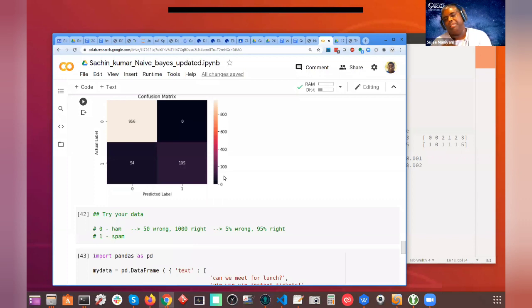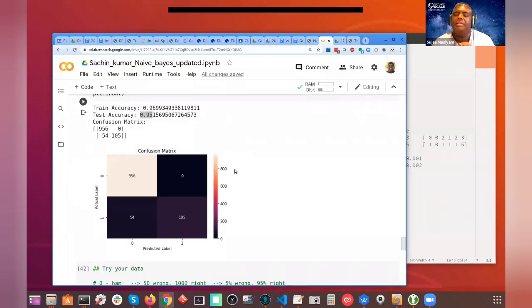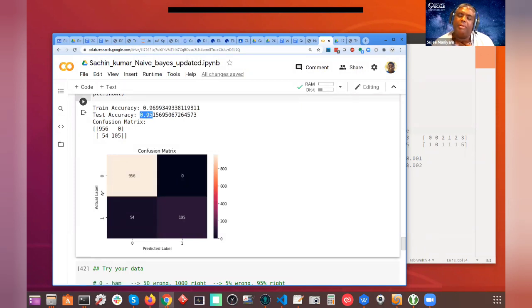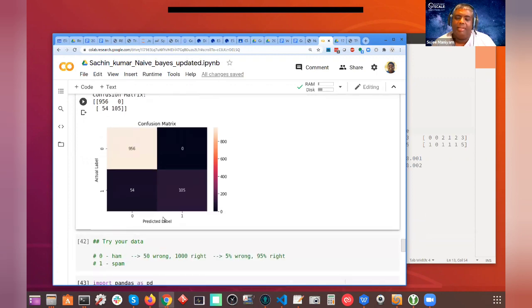So anyway, the reason I'm spending time on this one, guys, is that you need to be able to understand the algorithm, not just look at one number or the confusion matrix and understand what's going on, and also be able to reason why this might be happening. Okay, great question, Janine.